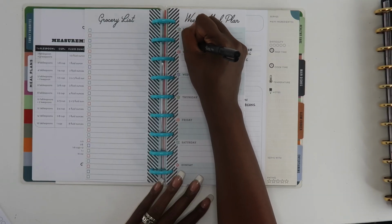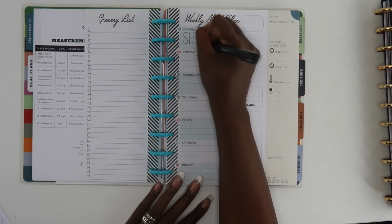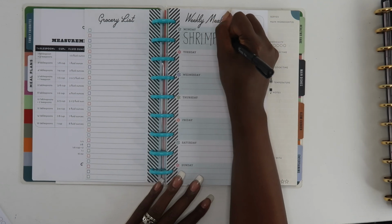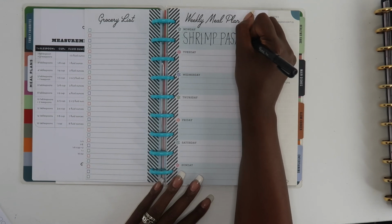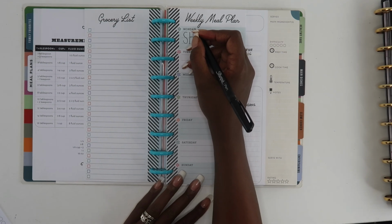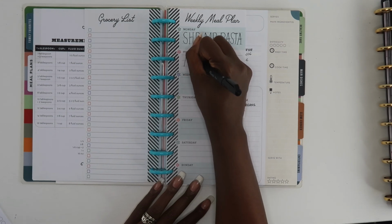My next tip is for those of you who have a tight budget. When me and my husband first started budgeting, our budget was super tight, which means that we had to really watch how much we spent on food. So what I would do is rotate meals. I had multiple recipes with the same ingredients. This means I could make 2 to 3 meals with the exact same ingredients, and it made our overall food